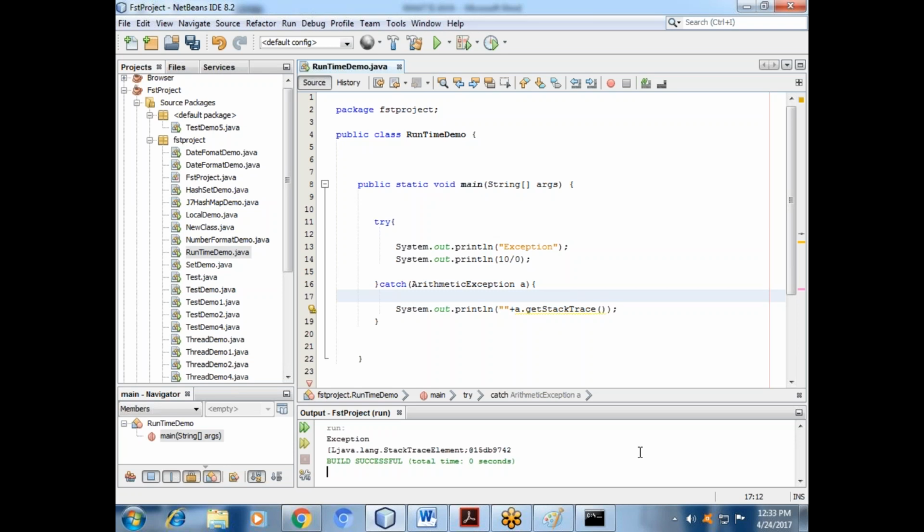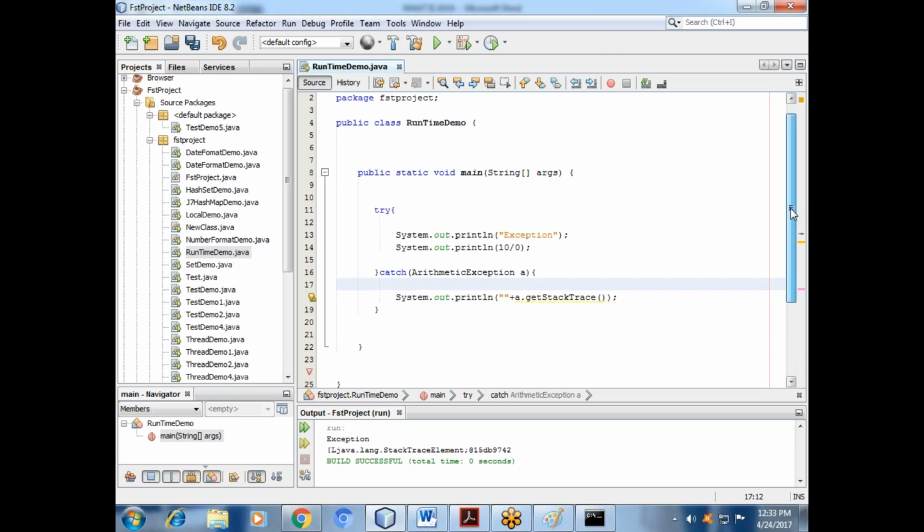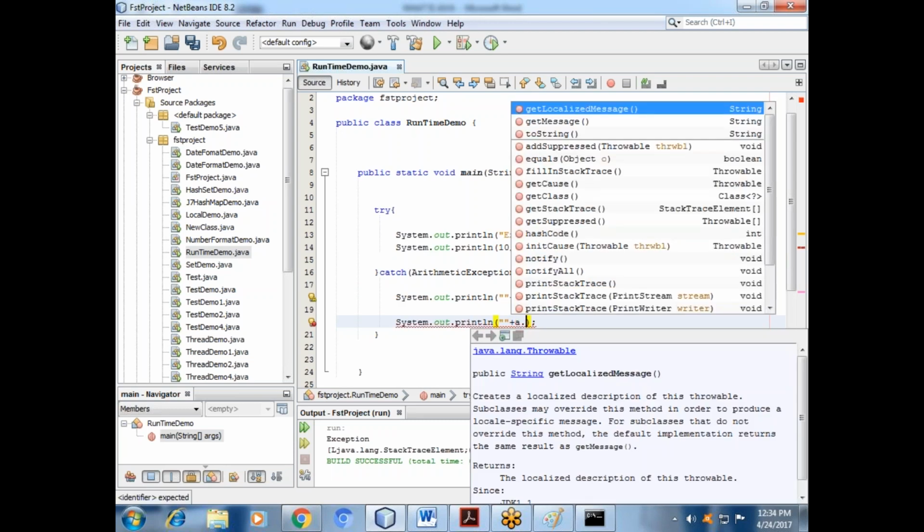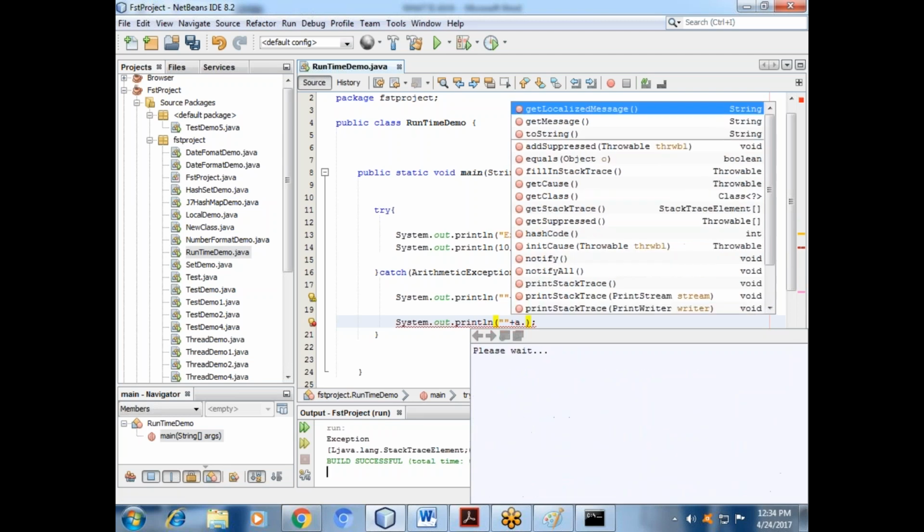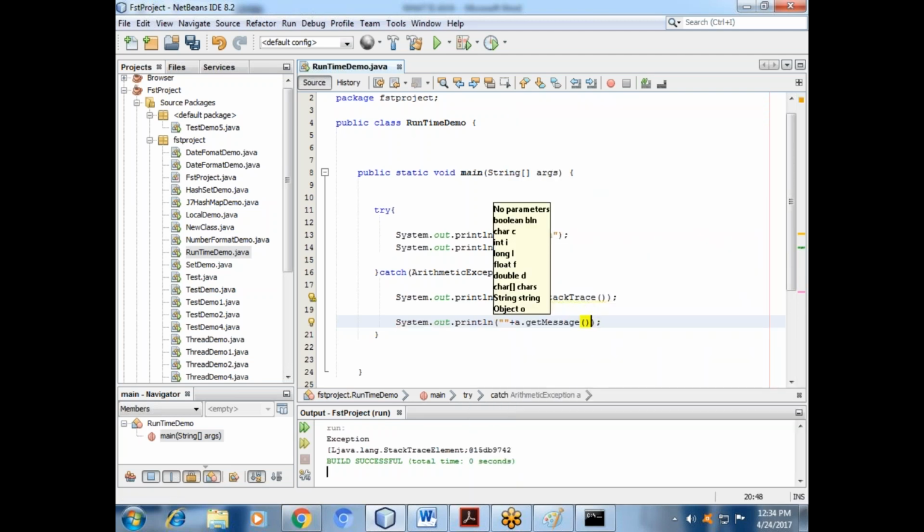So they have it predefined, and it works based on the user, so the developer is responsible for that. ArithmeticException is the class, and A is a variable. We can use that variable and call its methods, if you want; otherwise it is not required. Suppose there are many more classes, you can call whichever method is required from the class, like getLocalizedMessage. If you get the message, you can print it also.